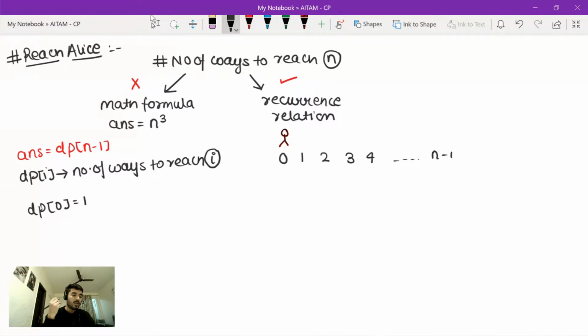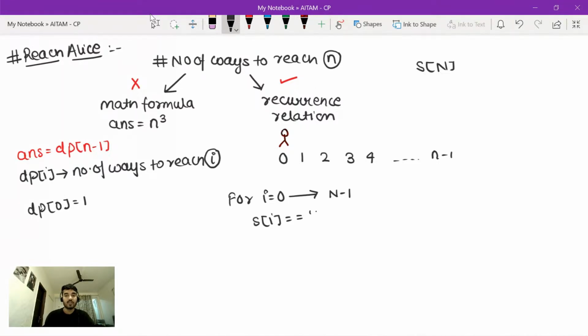Now for the remaining indexes, let me just iterate over the remaining indices. So for i equals 0, and it will go till n minus 1. Now you need to check whether the crocodile is male or female. So let's call the string s, string s of length n. So if s of i is equal to